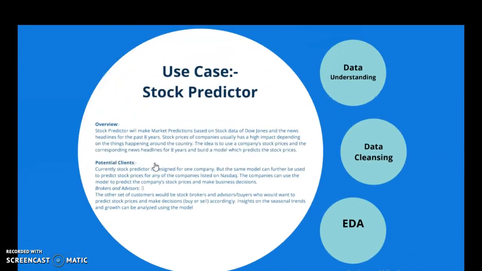I've chosen stock prediction and named it the stock predictor, which will make market predictions based on stock data for the Dow Jones, specific to this use case, and the news headlines for the past 8 years. As we all know, the stock market plays a very important role in modern economic and social life. Investors always look for ways to increase the value of their assets by investing in the stock of listed companies.